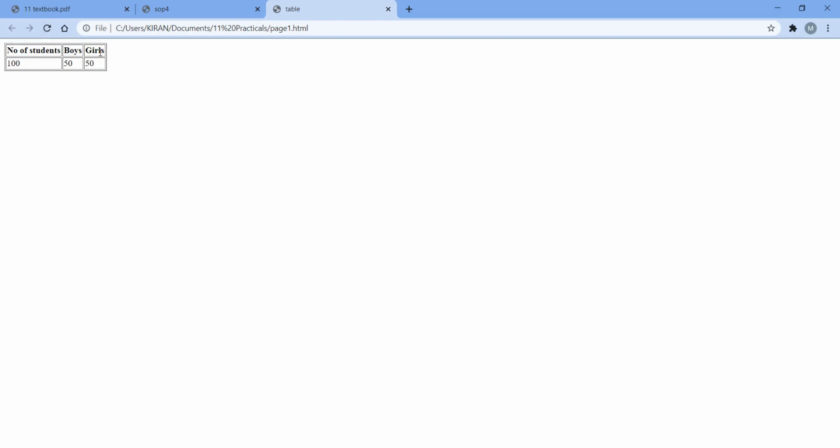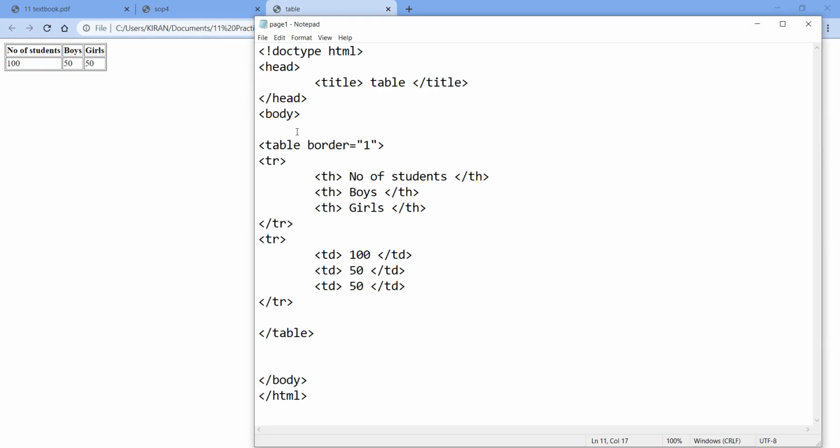Now we have to give a background color for this row. Normally, suppose we want to give a background color for our web document, then we use the bgcolor attribute in the body tag. In the same way, now we have to give a background color to a particular row. So what will we do? We will also use a bgcolor attribute, but we are going to use it in a tr tag. Now see, for the first row I want to give the background color orange.